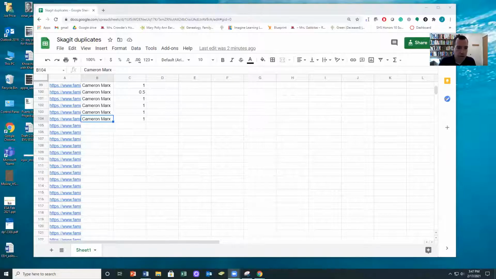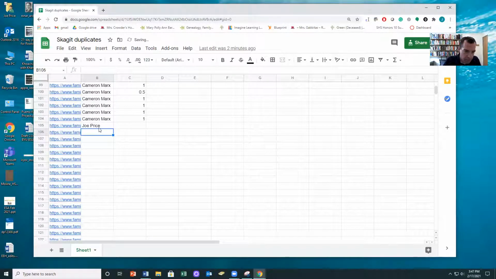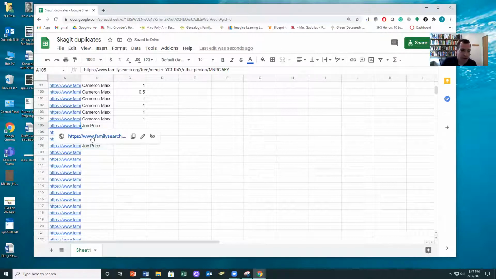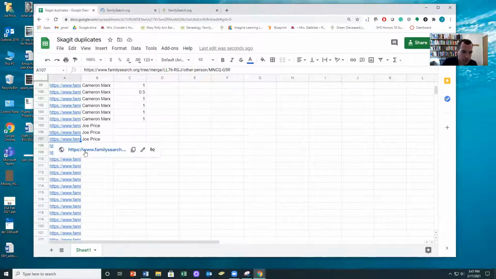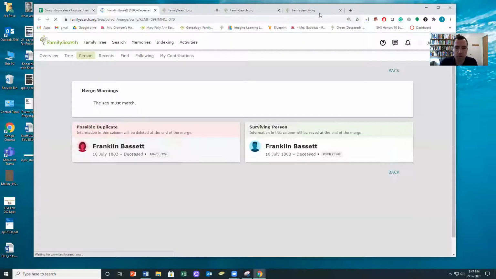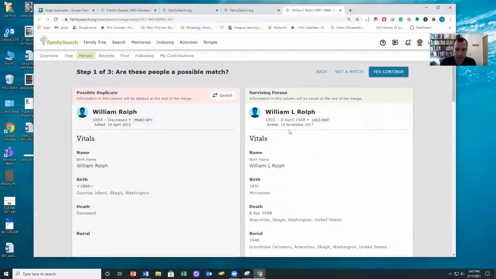So let me share my screen and show you what we'll be doing. Okay, so here's the sheet. To use the sheet, you'll just check out a few observations. And then I like to open up maybe 3 or 4 at once, just so that they're all loaded and ready for me to look at, so I can spend most of my time making decisions about whether they should be merged. In this case, we have William L.